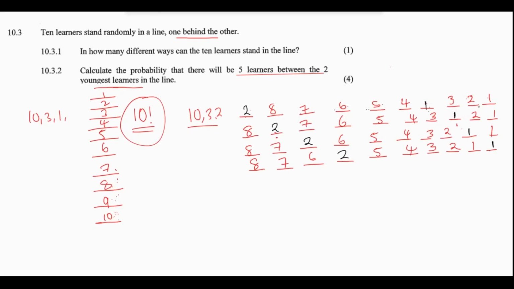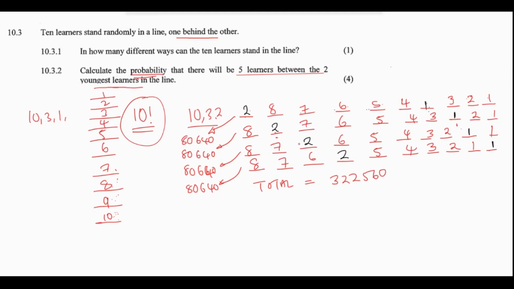So that maybe they're differently arranged, but they are the same numbers. So if you multiply this, the first one will give you 80,640. This one will also give you 80,640. This one will give you 80,640. Then 80,640. Then you can say 80,640 times 4. What is it? So the total arrangements will be 322,560. Right. But the question says, calculate the probability that there will be 5 learners between the two youngest learners